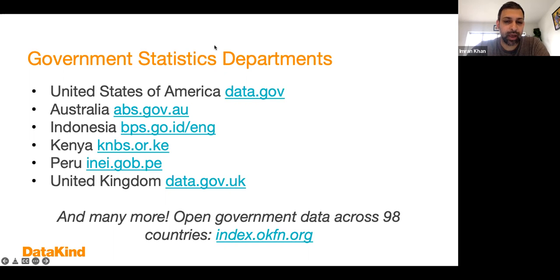There are a ton of open data platforms for various countries. This link here at the bottom, index.okfn.org, will provide you with a nice list of countries around the world that have made strides in making country-specific open data available to the public.